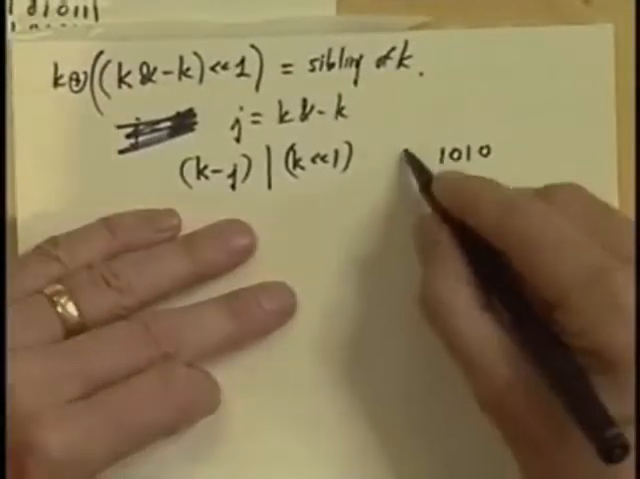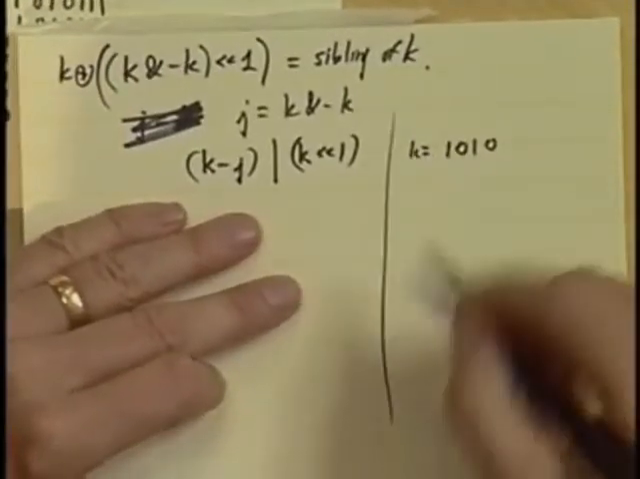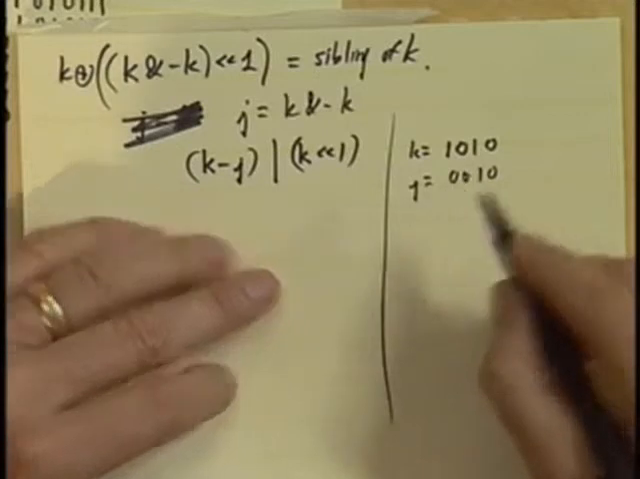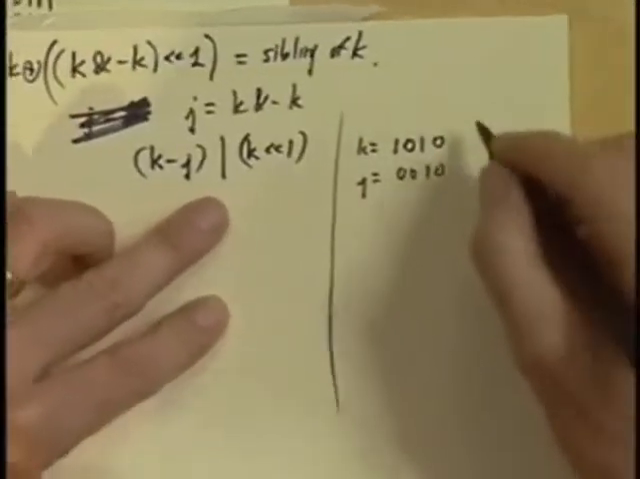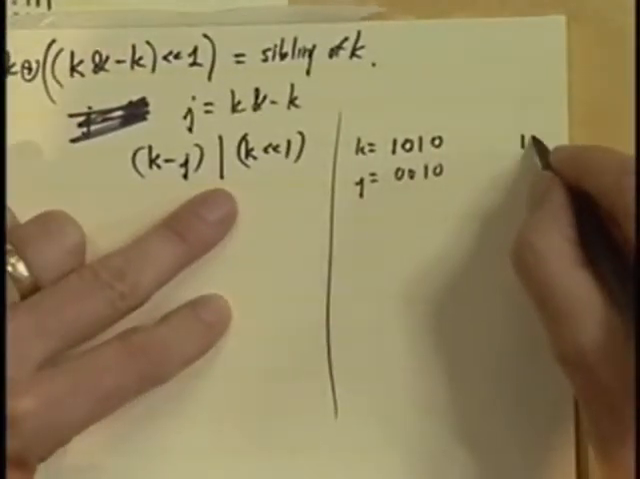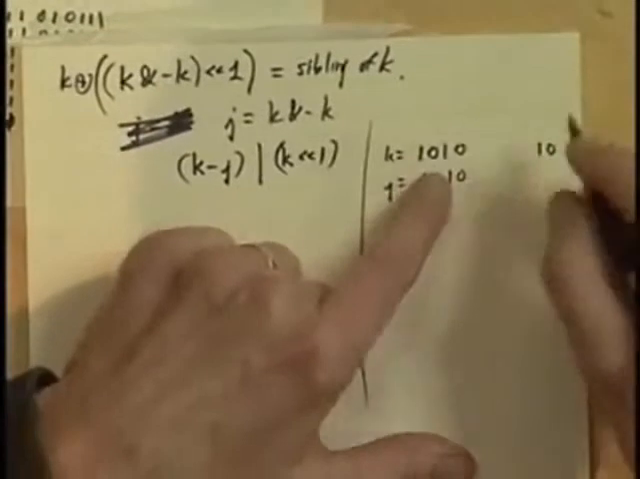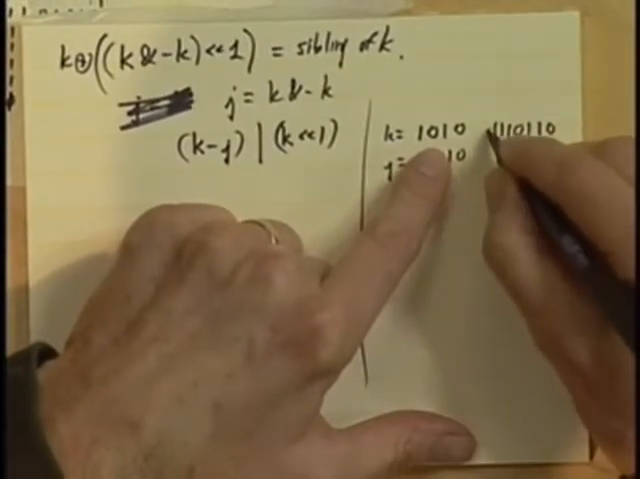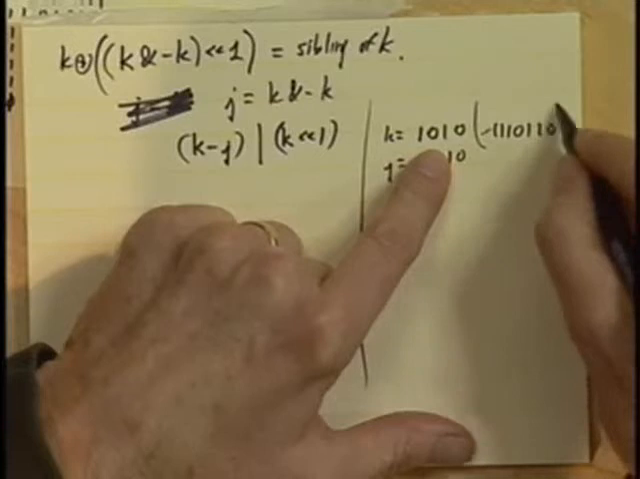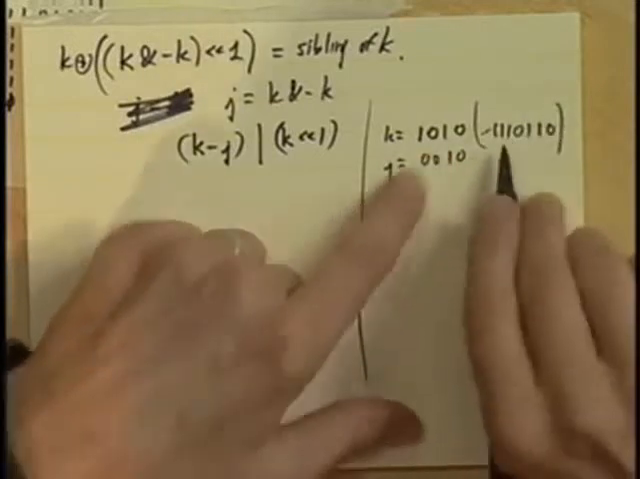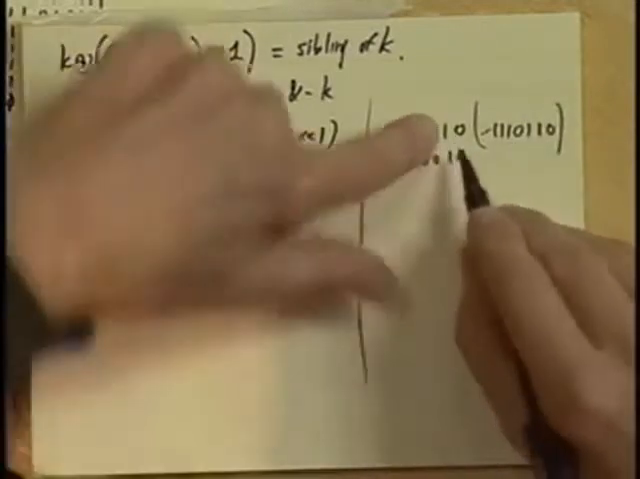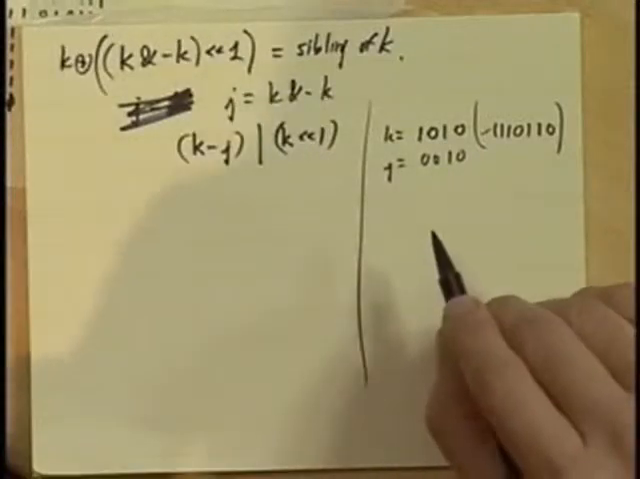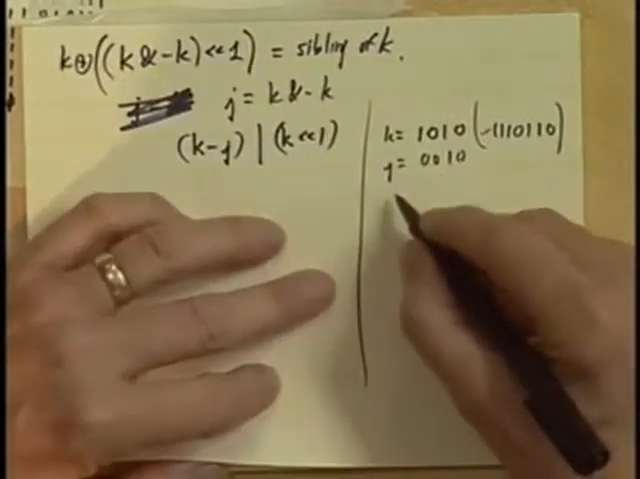So then this is k, and then j is this. Minus k, to get minus k, you complement everything to the left of the rightmost 1. That's minus k right there. So I ended with minus k, and everything zeroes out except for the rightmost two bits. But now if I shifted j left 1,